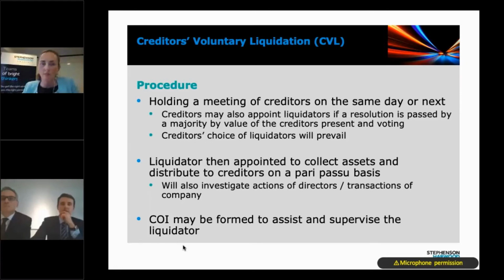Yes, there was one that came in and I think it's a good one. Someone's asked what if you prefer to have both control and realization of assets? Remember when I was talking about share charges, those are my two main strategy planks as to which one was important. And there's mainly two options if you want control and also realization. Firstly, if your documents allow you, you could take possession and then you could exercise the power of sale. So you control the assets in the first phase, and then in the second phase, you realize their value.